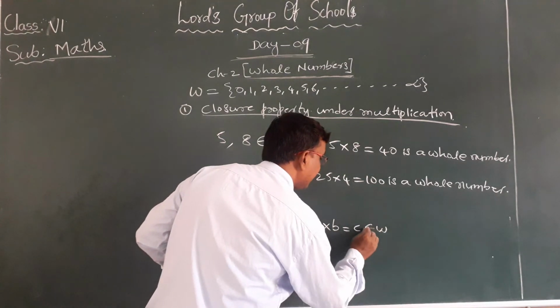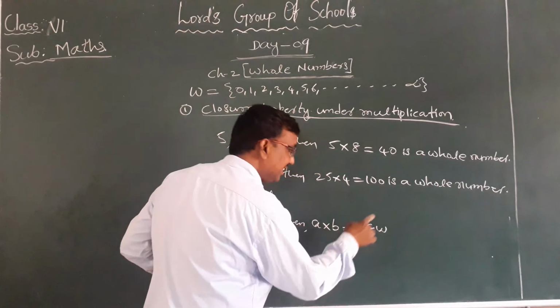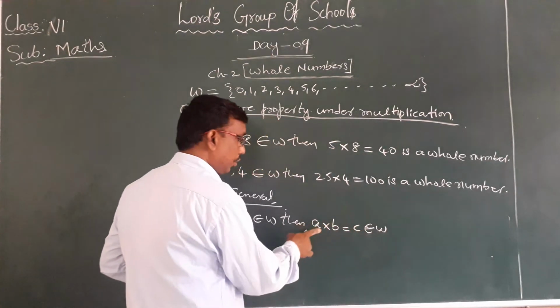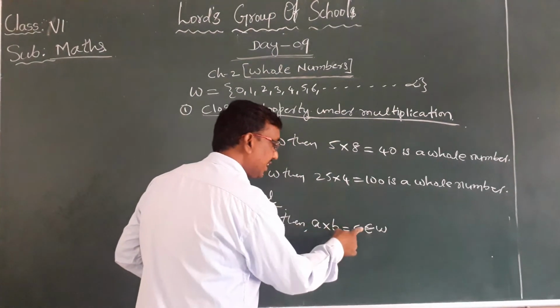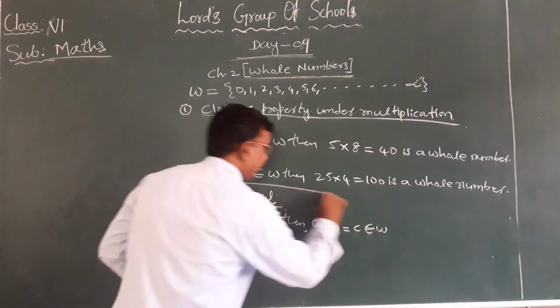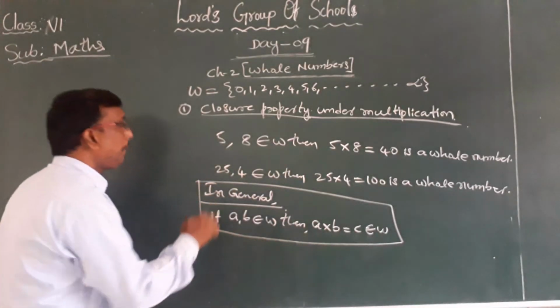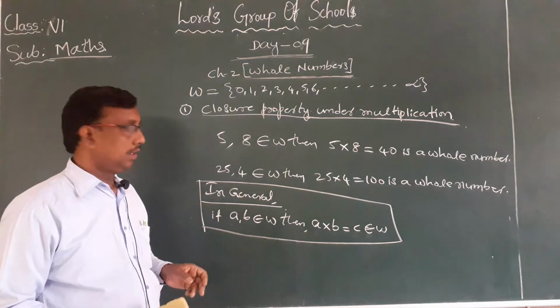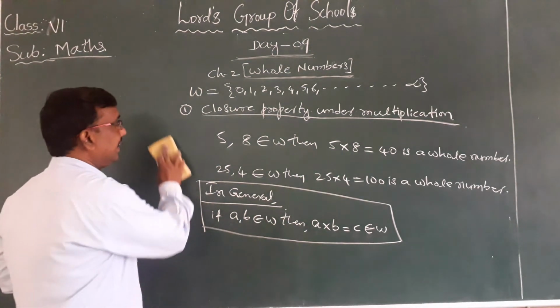Don't get confused with this symbol and C. It is C, the product of A and B, which is also a whole number. So this is called the closure property under multiplication. Next one is